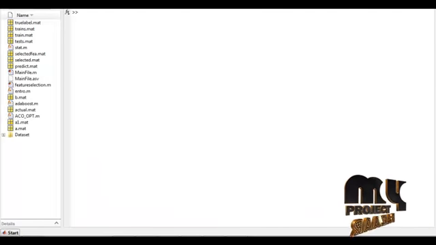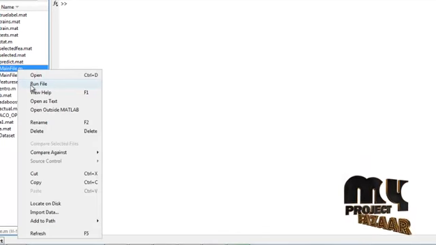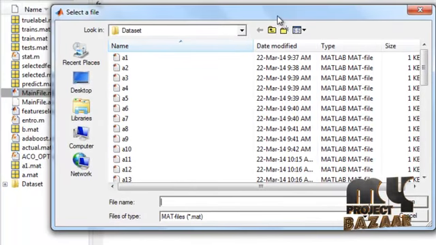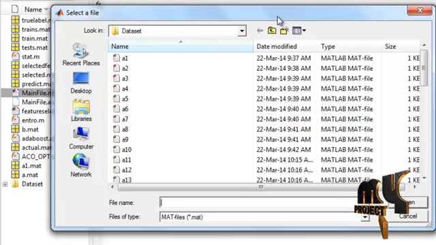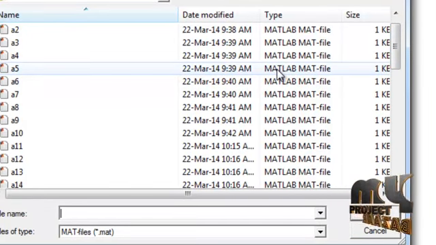Let us see the running procedure of the project, Two Cooperative Ant Colonies for Feature Selection. These are the files used in our project. Right click on the main.m file and press the run file button to run the project. In the open window, select any one data file that is in mat file format. Each data file consists of the data set of persons. Each person's data set is displayed. You can select any one data set and perform the processing for ant colony optimization.